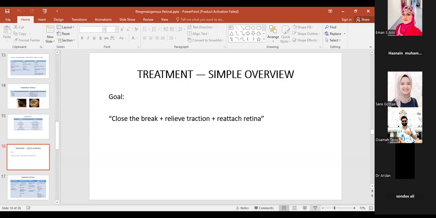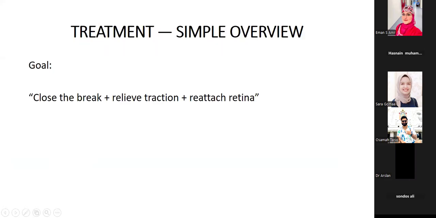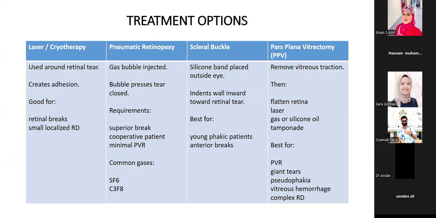It's clear. Yeah. So now the treatment goal is that we have to close that culprit break, relieve the traction around that break, and go for the reattachment procedure. Here are some of the techniques through which we can repair rhegmatogenous retinal detachment. The initial techniques involve cryotherapy or external implants like scleral buckling. The recent techniques for treating rhegmatogenous retinal detachment include pneumatic